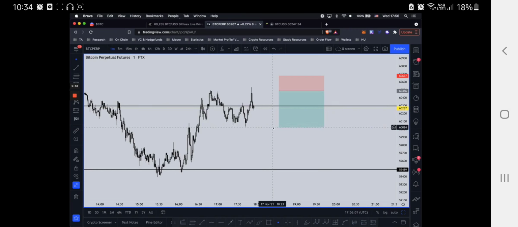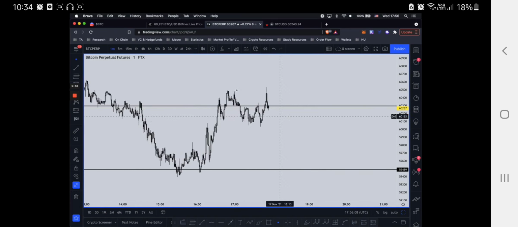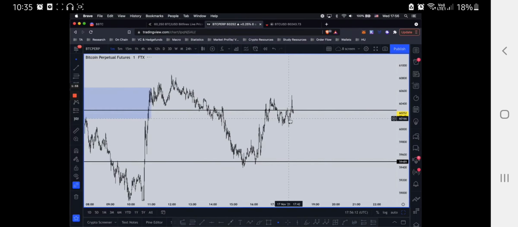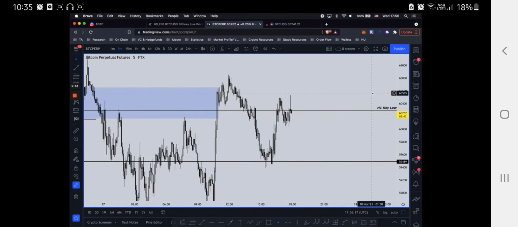Now, what is most likely to happen then? You also then can use Iger to think, okay, so we've taken out a high like that, and we've grabbed liquidity and we've reversed, okay? So I would look at that and say, if we go back to a 5-minute chart, I would look at that and say